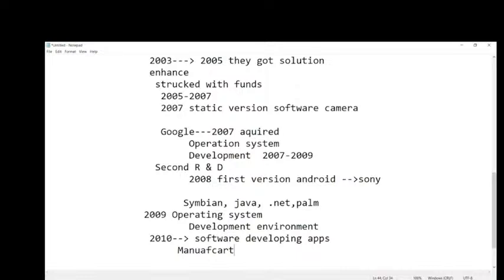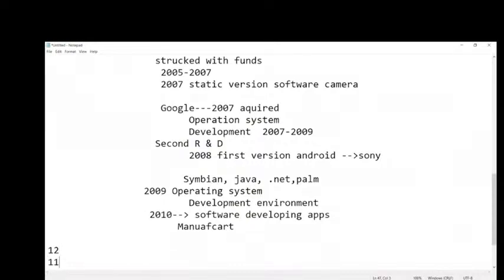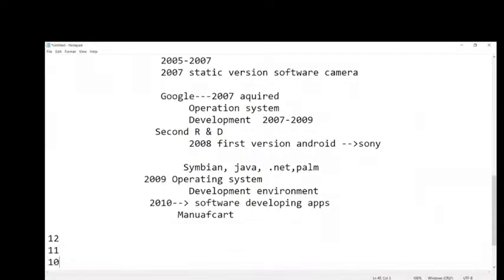This is how it became so big. But in this gap, a lot of versions were released. The current version is Android 12. Before that 11, 10, all versions from 0 up to this have come.